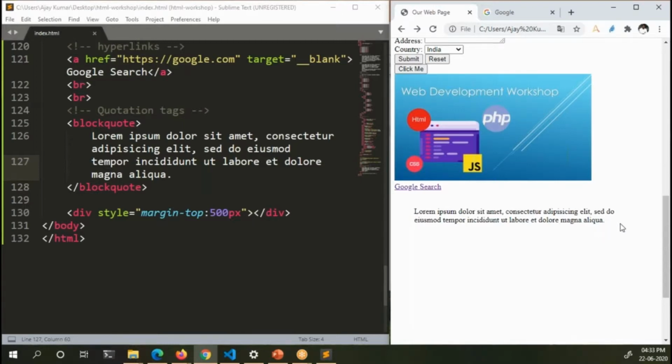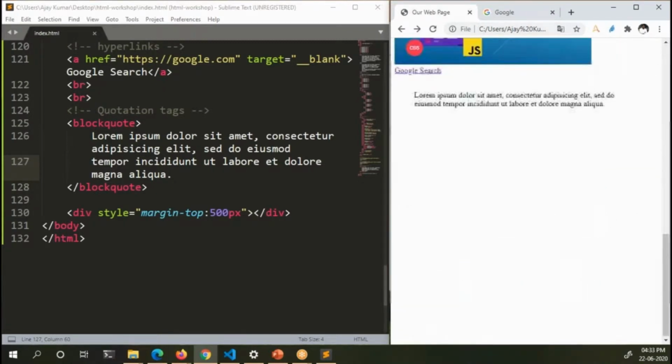Okay, this is not a paragraph. If you go up and see what a paragraph looks like, you will simply understand the difference between a paragraph and a blockquote. And you can even mention the citation using the cite attribute. For example, we are getting this from Wikipedia. http://, sorry, wikipedia.org. Okay, so this is the citation. When you provide the citation, it does not display anything on the web page, but it just provides more meaning to the page and the blockquote.